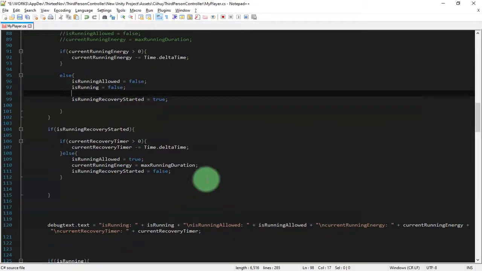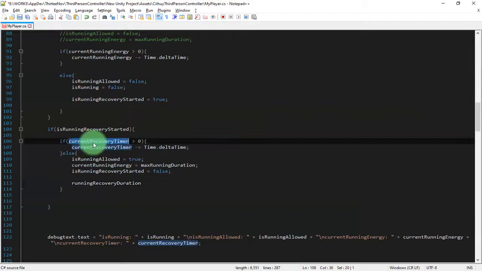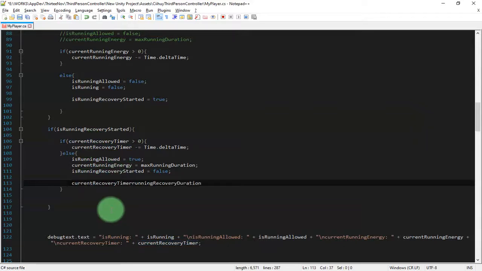Now I remember I need to use it somewhere here. Maybe here I will assign its value to this current recovery timer, equals, I assign this value to this variable.